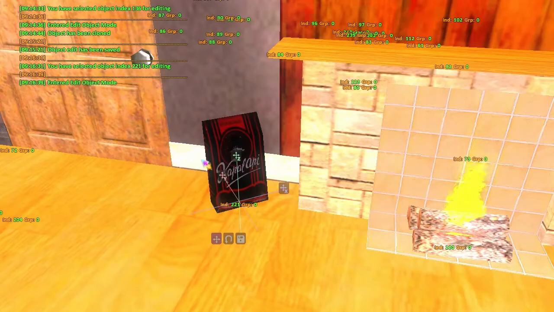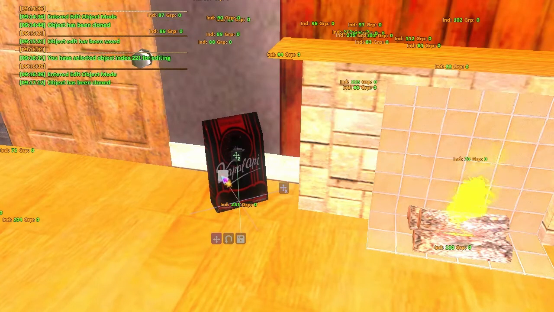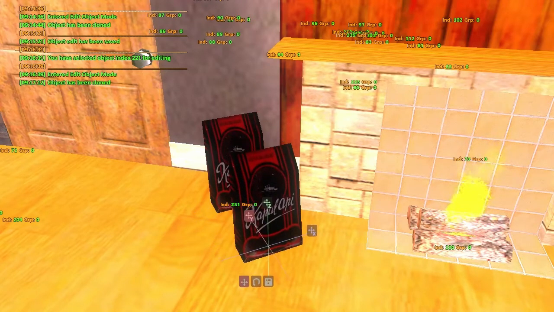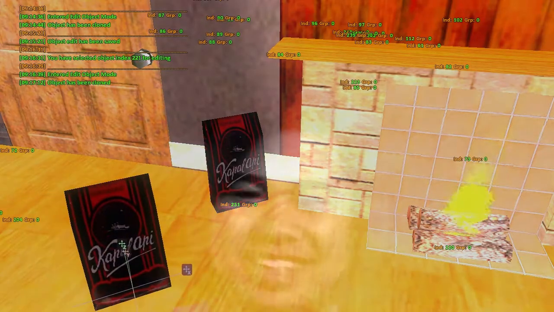With pressing Alt, we have a cloned object. The object has been cloned, so we can copy and